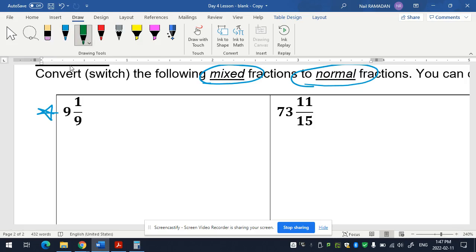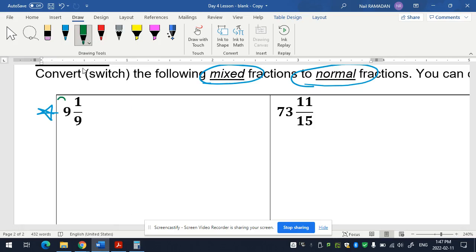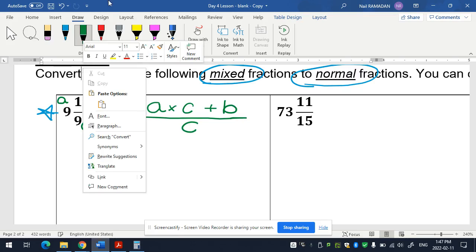Okay. Obviously, A is 9. Sorry, I don't want to put it down here because you might think this is this 9. Nope. A. I'm gonna make it thinner. There we go. A is this 9. B is this one. C is this guy. So apparently, the equation, as we know, is this. A times C, and then individually or at the end, you add plus B over C. Okay? So you're going to say equals